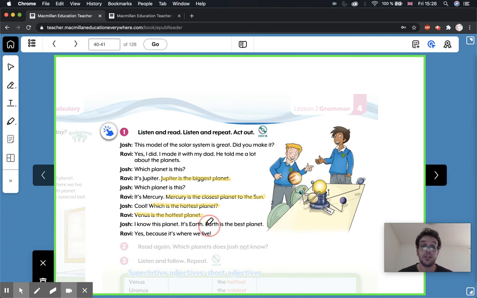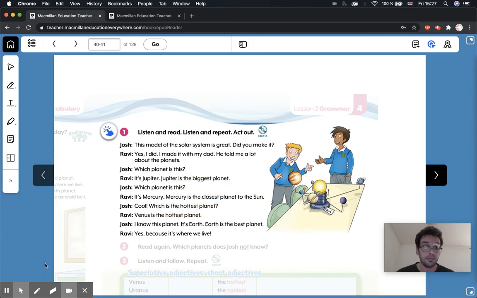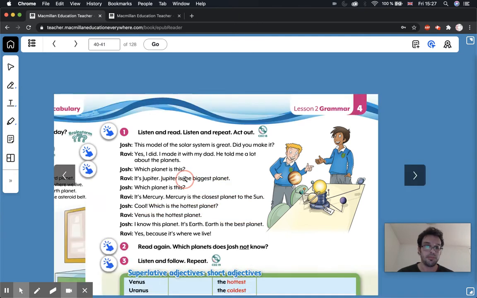Now, we do have this phrase here. It says, Earth is the best planet. The best is also a superlative. Quiere decir el mejor. The best, el mejor. Por ejemplo, Jules is the best teacher. Okay? Earth is the best planet. Okay, so these are superlatives. All right, now,